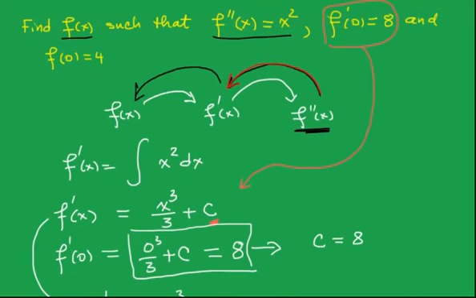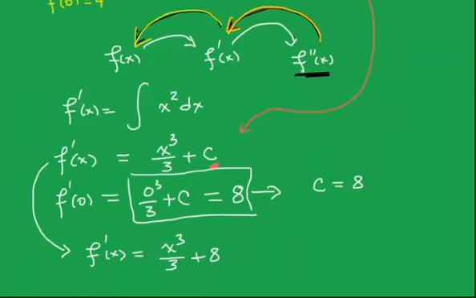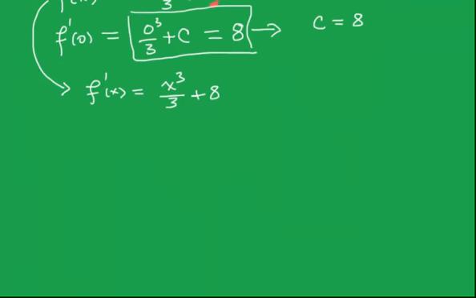However, if you look at the statement of the problem, we're looking to find f of x. So let's recap what we've done so far. We had f double prime. We computed the antiderivative to get f prime. So we're going to do the same thing now, the antiderivative of f prime to get f. So we're going to do it again. F of x is now the antiderivative of f prime, I mean, x cubed over 3 plus 8